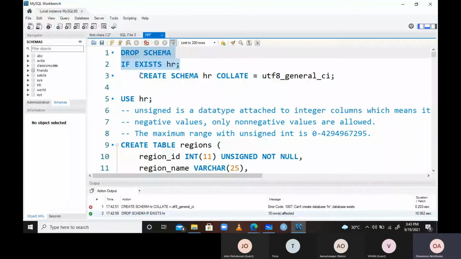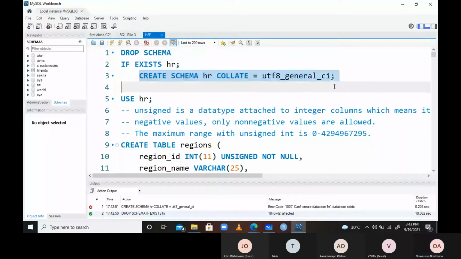After you've dropped it, then you run what? Then you create what? You create schema. So if I run the schema, forget this quality. The quality here is just telling me the national language support, that is the kind of environment where I'm creating. Just forget about this, right? So if I say create schema HR, basically that's the statement. It's just like create database HR. This time around I'm saying create schema HR. If I run this,